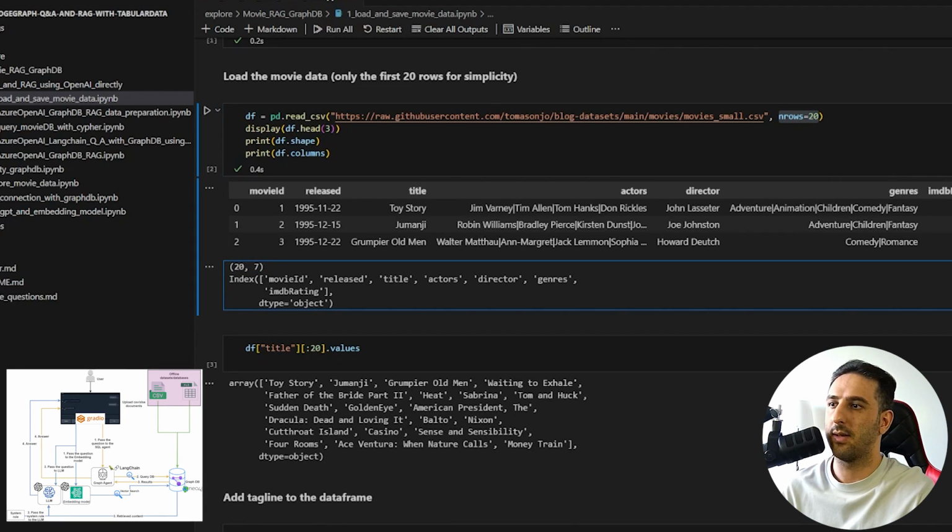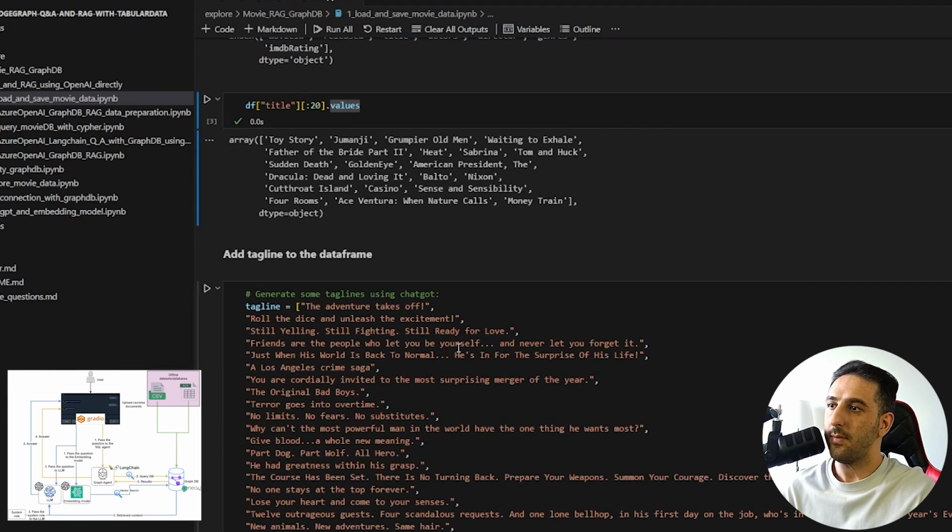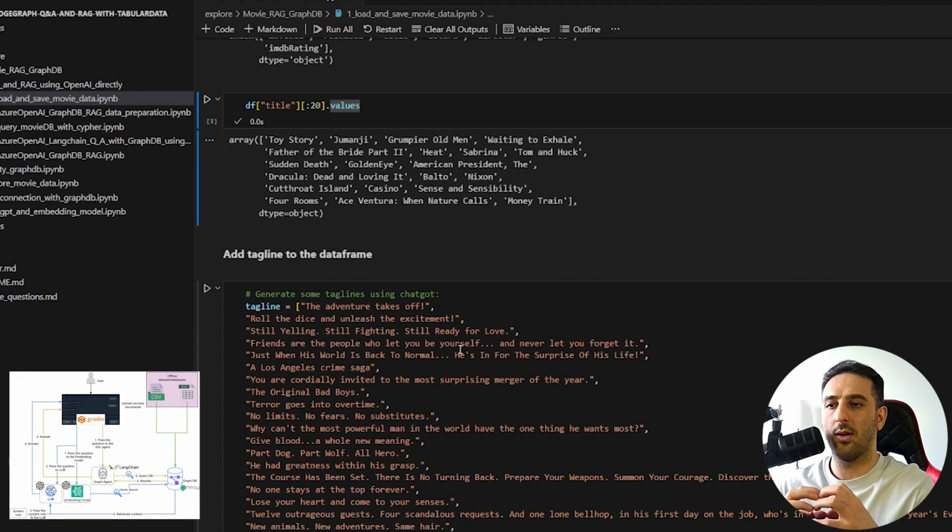You see that there are 7 columns with these column names. And these are the title of the movies that we have in our data set. Next, I want to create some synthetic data. So the thing is, the whole point of using a knowledge graph is not only to be able to create and construct that knowledge graph within your database, but also to create and construct the knowledge graph among multiple datasets